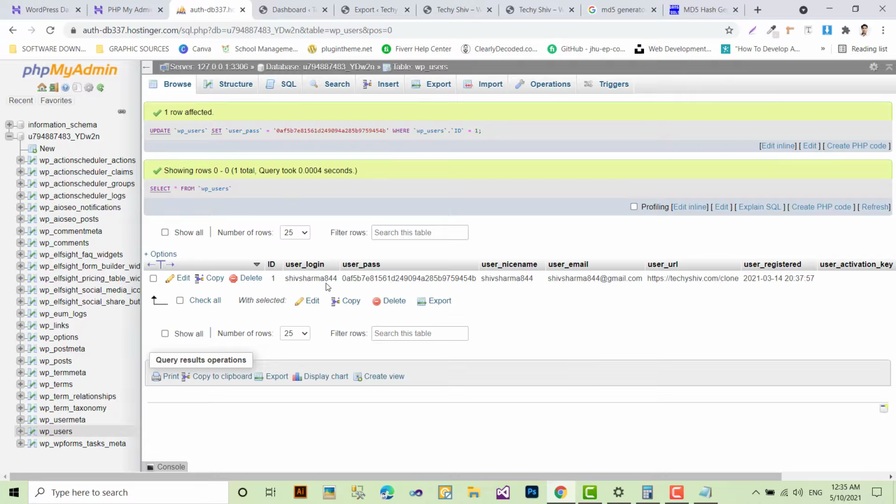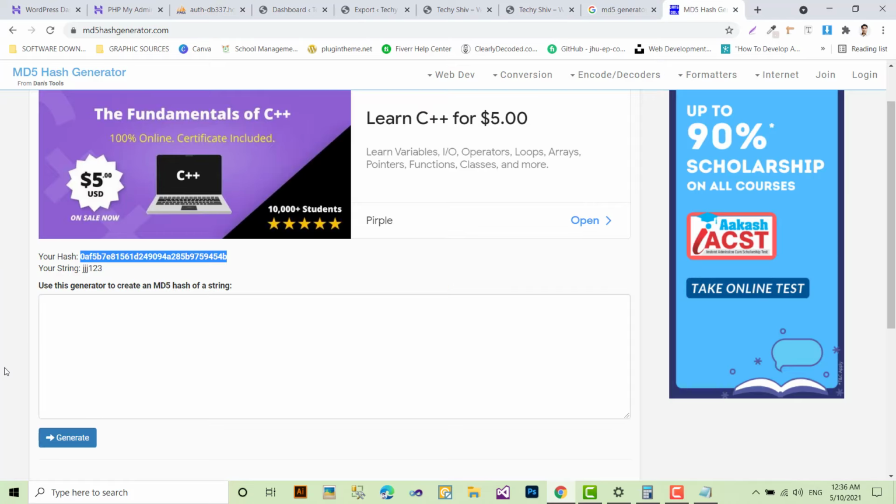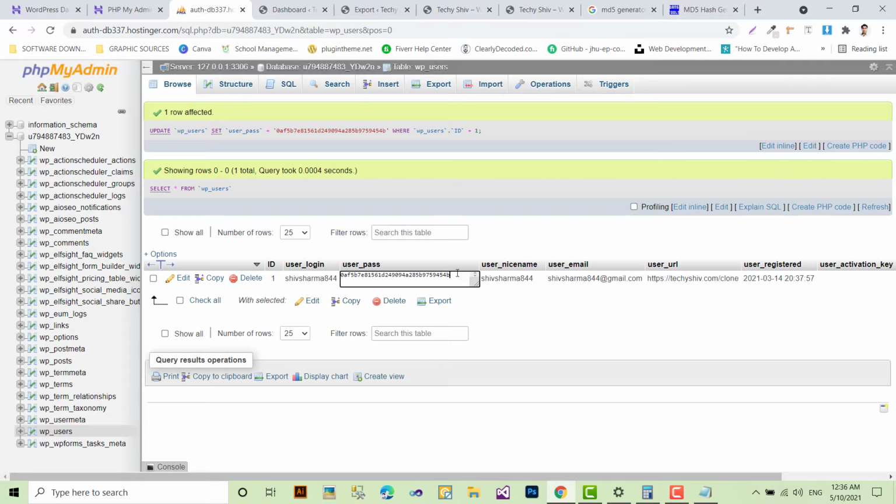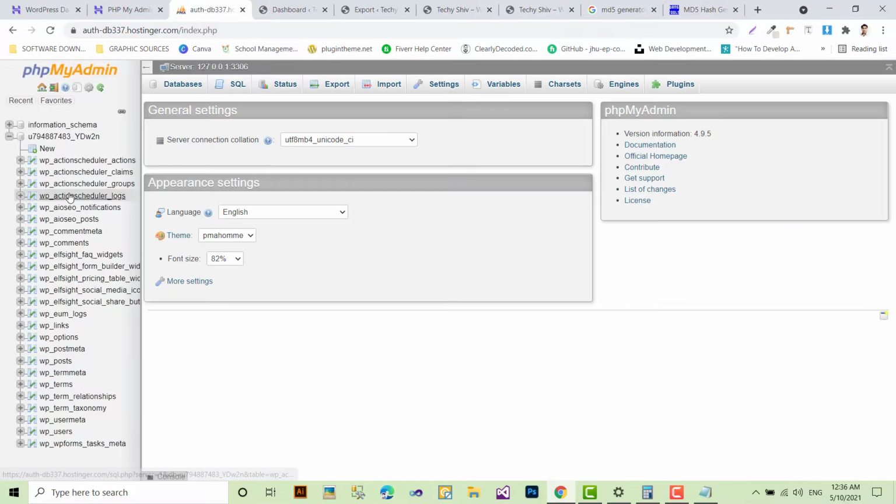You have to remember this one. Most of the guys used to double click, or they used to edit the username and password. It's not the process. You have to select here and double click, but if you directly double click here and change it, you have to convert your new password using this site, where MD5 is generated, then copy that one and just paste it here, then it will take it.